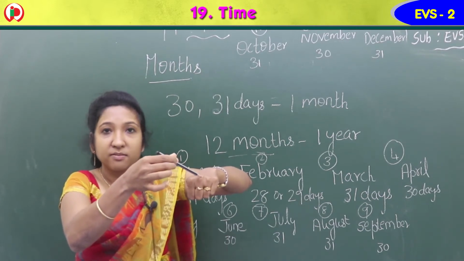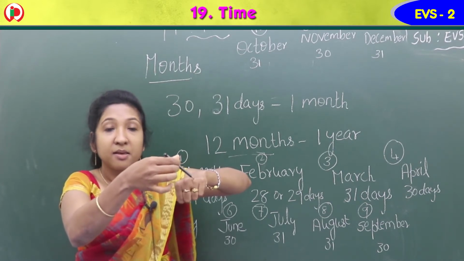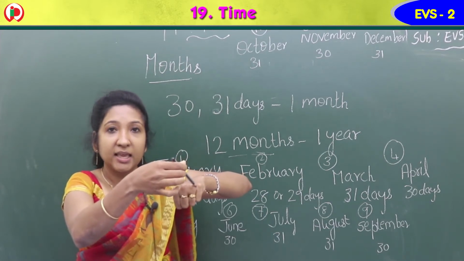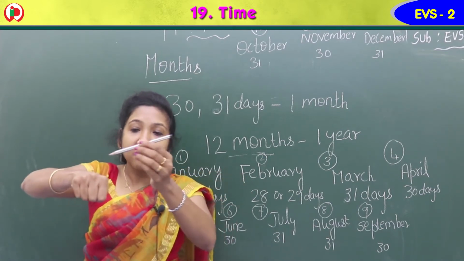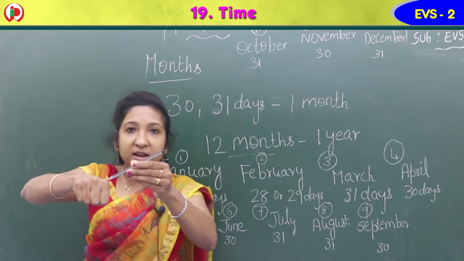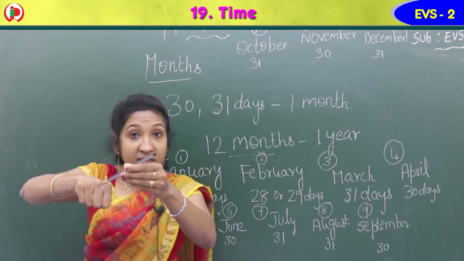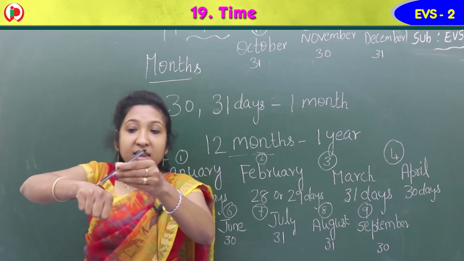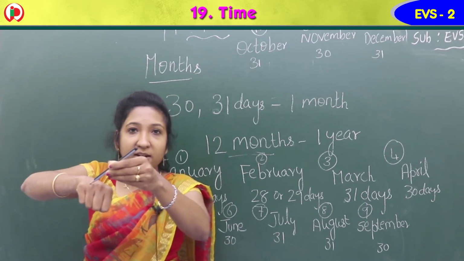Then March, 31 days. Then coming down April, 30. May, 31 days. Then coming down June, 30. July, 31 days. Again the bond part, August 31. The upper portion will always have 31. That you should keep in your mind. Down, 30, that is September. October, 31 days. November down, 30. Then December, you are coming up again, 31.